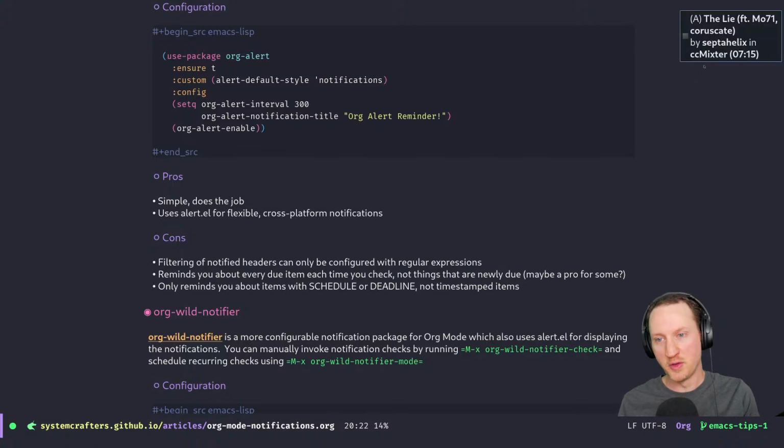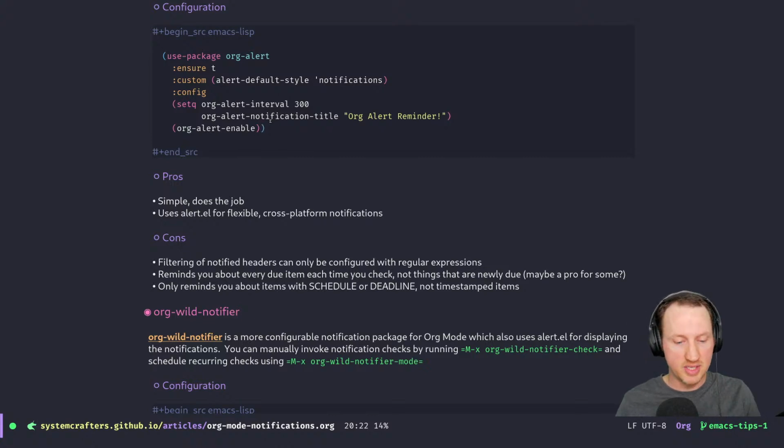And if you see other notifications popping up in the meantime, that's because I'm playing music in the background and they are also giving notifications. So the pros of org-alert is that it's simple, it does the job. I mean, you could see that the